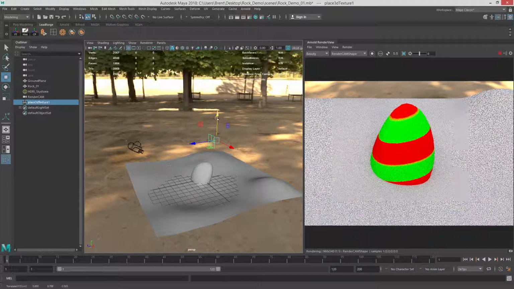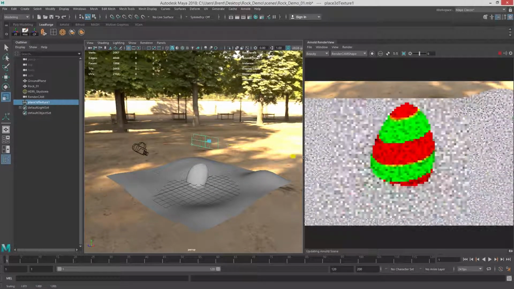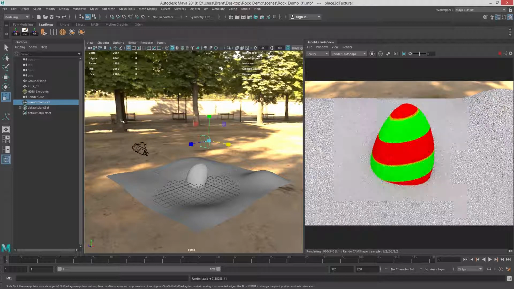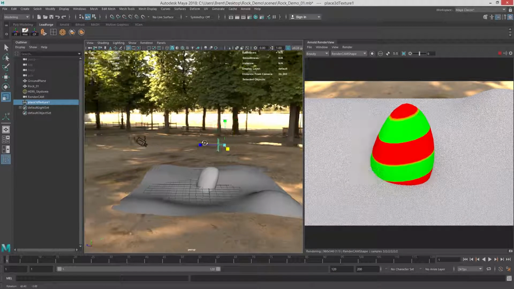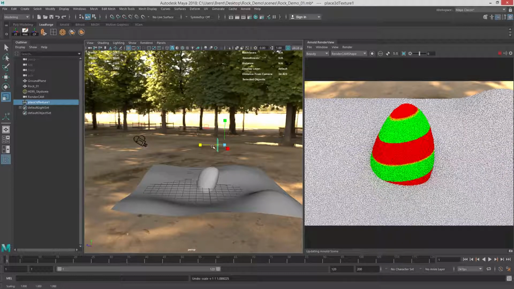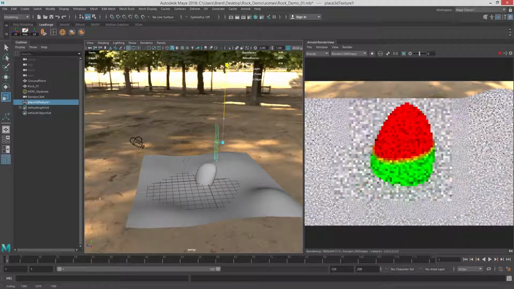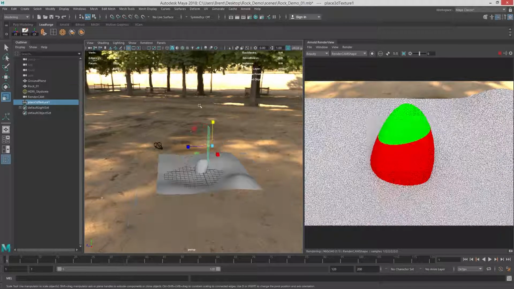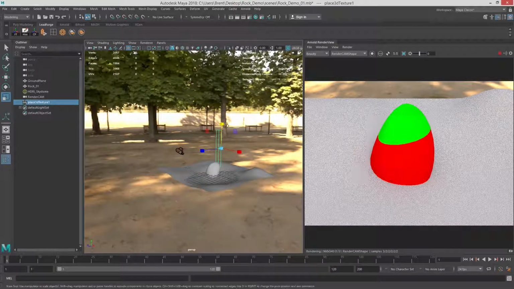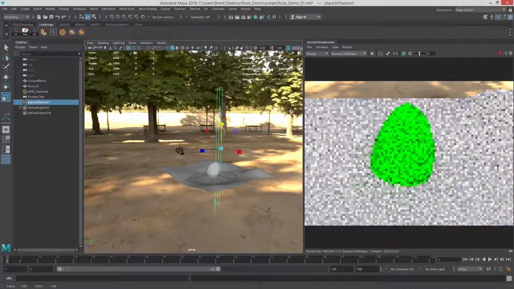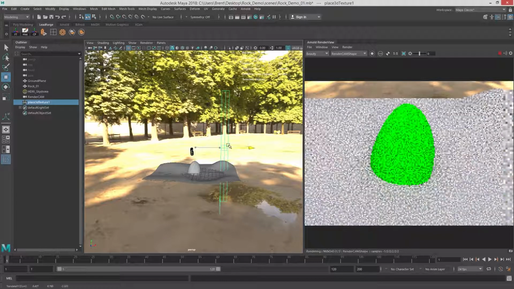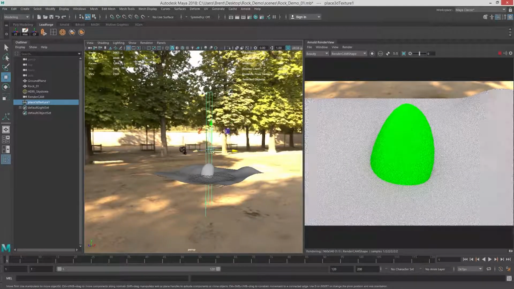If I scale it this direction, it's not going to do anything because it's already scaling from left to right infinitely. And you can't scale this direction because it's the same thing. So what I want to do is scale it in the Y direction. What that's going to do is start spacing out that ramp further and further. So let's say I want it to be scaled this much, so around this middle area of this